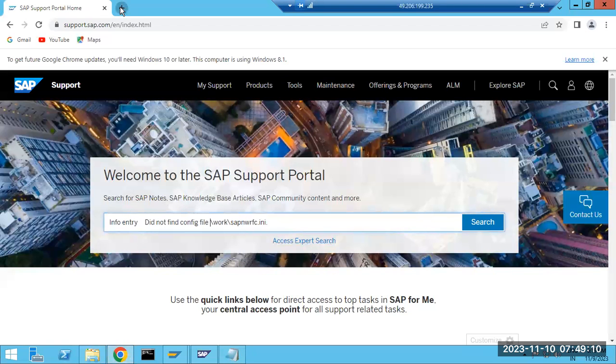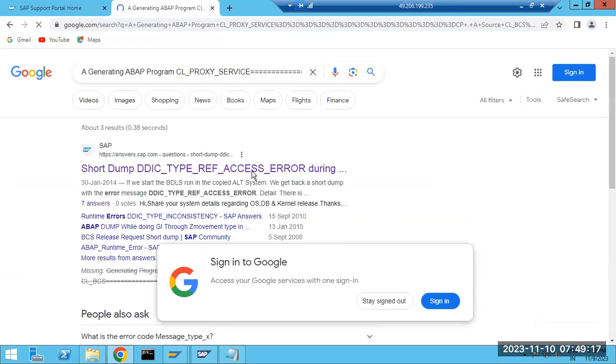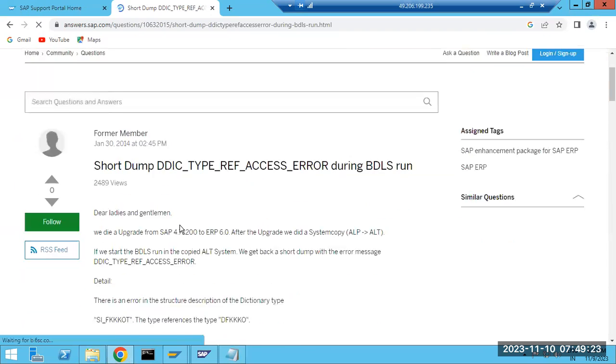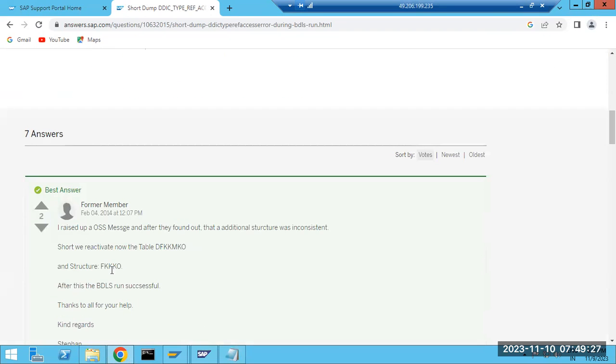Then maybe if you are not sure what this is, normally for program error, code error, the developer can look it up here. Otherwise, if you type it in Google, you can also get some clues. Sometimes you will get the exact information here. So based on that, what is the best answer here?